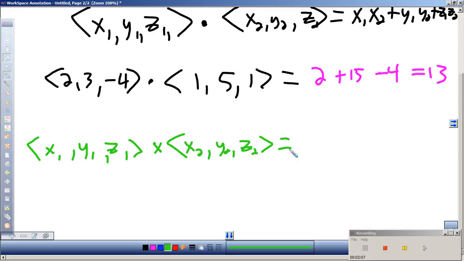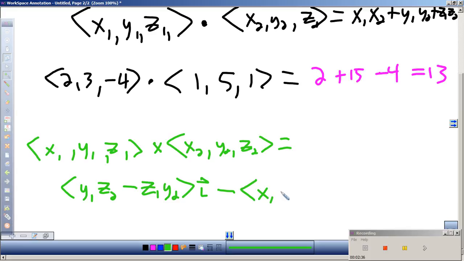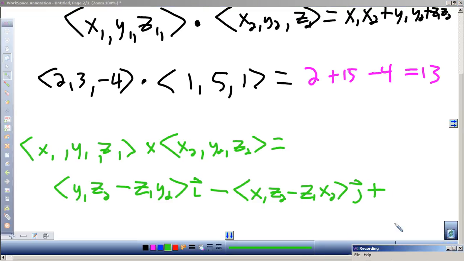Now we get out this: y1 z2 minus z1 y2 times i. Is that vector i? Minus x1 z2 minus z1 x2 times the vector j, plus, let's see,